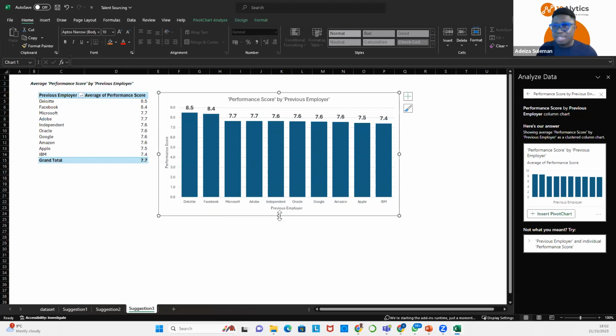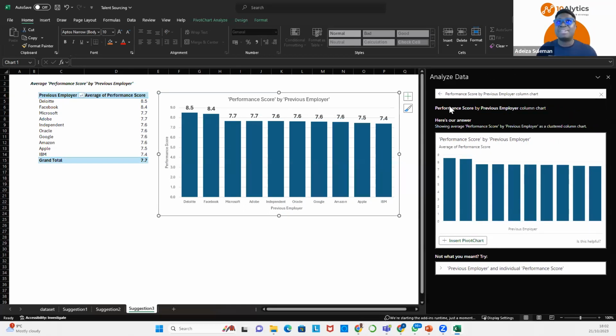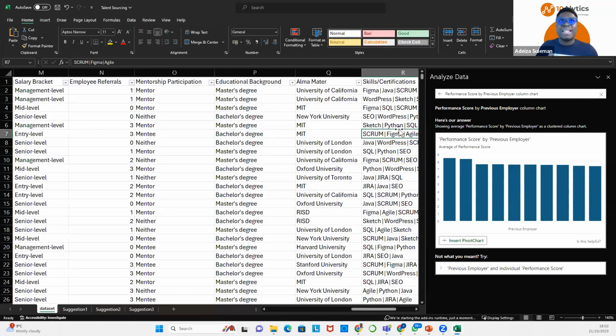Now, the last analysis we're going to do, and then I'll show you how to do all of this manually without typing in questions in Analyze Data. How do you do it if you want to do it manually? Perhaps your version of Excel does not have Analyze Data. Does that mean you can't do all the things we've done today? You can still do them. So let's answer question number 4. And then we'll start to wrap up the practical part, and I'll show you the skills you need to do. This is just, I would say, a tip or just a very tiny fraction of what Excel can do for you. All right.